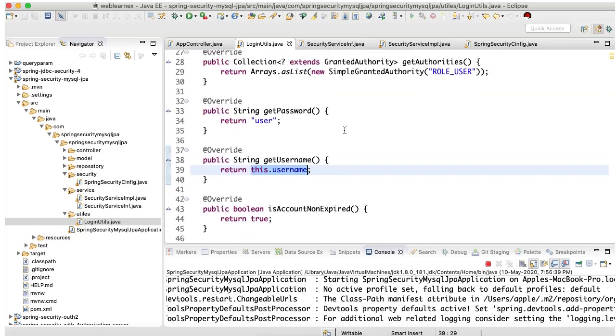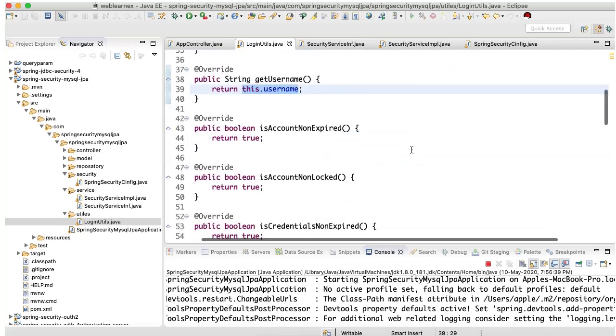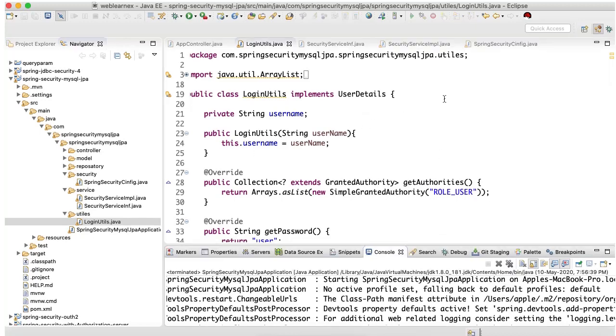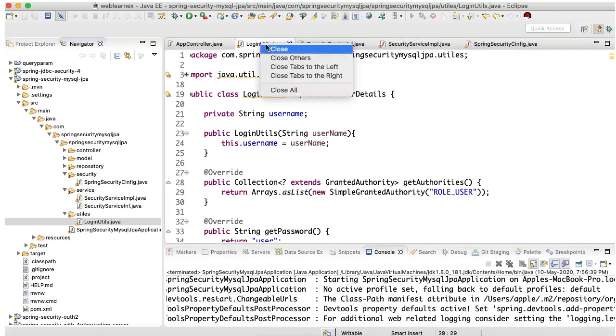So let me explain how to customize these things with MySQL JPA. Let me close all these things first.